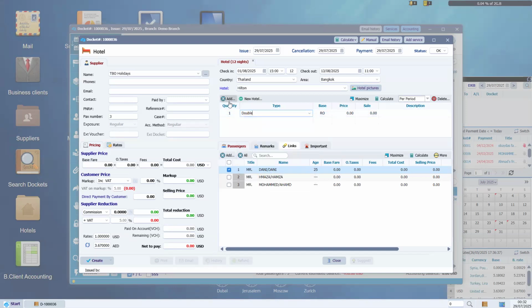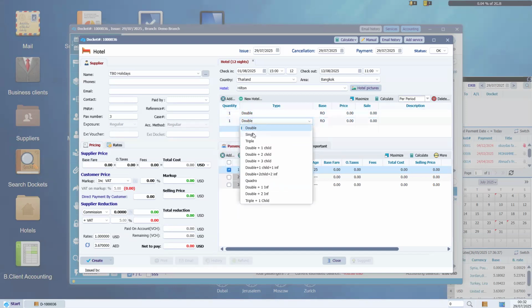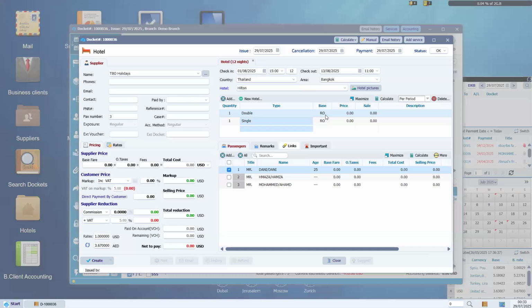Like if I want villa or suites or whatever, I can delete and change. Let's assume that I have double and I want a single room. So I choose double with BB and single with half board. I can also put price per room. Let's assume that the double was 970 and I want to sell it 1,100. And I can also add description, for example,